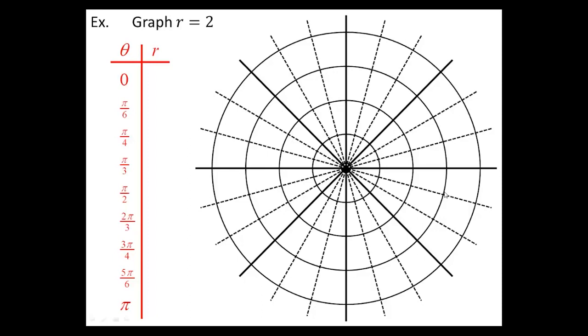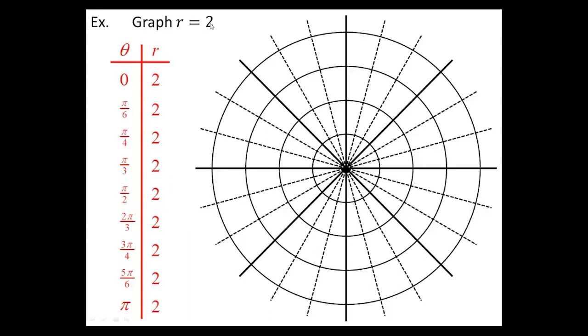And normally I'd go all the way to 2 pi, but on this one we're going to notice pretty quickly we don't need to go that far. So if I start at 0 and I think, here's my equation, r equals 2, let's plug in 0 everywhere I see a theta. Well, right off the bat, you should notice there is no theta. So if I plug in 0 nowhere and r equals 2, then r equals 2. And even if it's pi over 6, r equals 2. So in other words, at any angle, r is going to equal 2. It doesn't matter what the angle is,